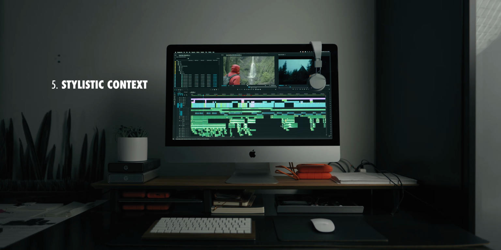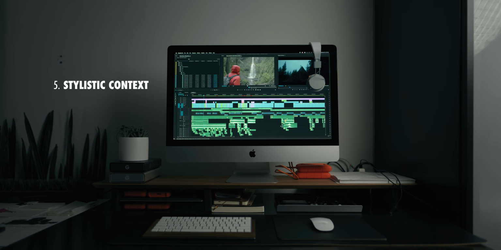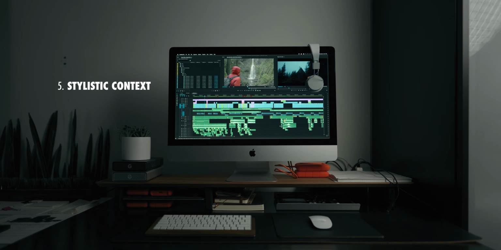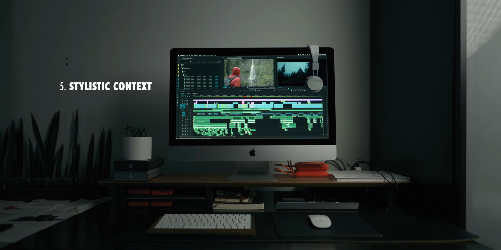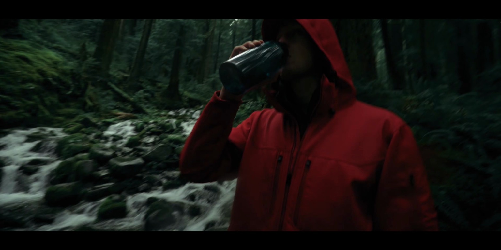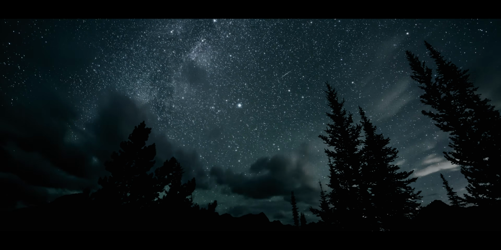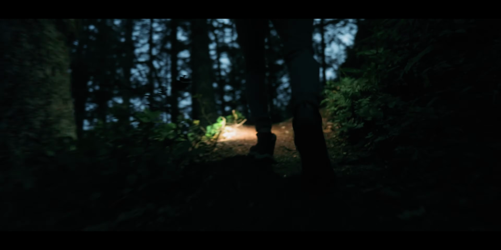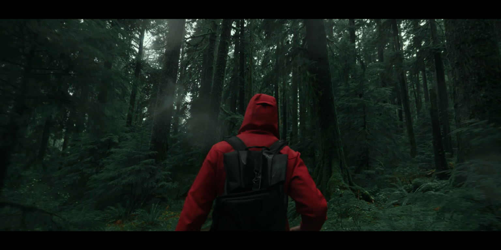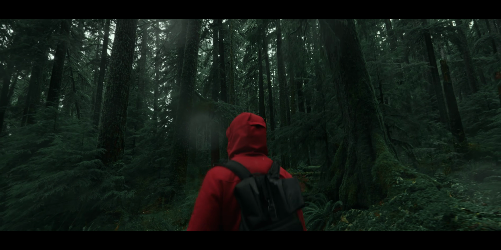That also leads me into my final point, which is stylistic context. So when you're making any edit, you need to zoom out, look at that shot and that cut in the context of the entire edit. The edit that I've been using as an example here was supposed to convey ruggedness and discomfort, like hurling a list of ideas at you very quickly. So naturally, it's going to be cut a little quicker than I would normally edit to give off that feeling of urgency. But if I wanted instead to emphasize the calming sounds of nature, then I would cut that video much more slowly to make sure that the audience is relaxed and not overwhelmed.